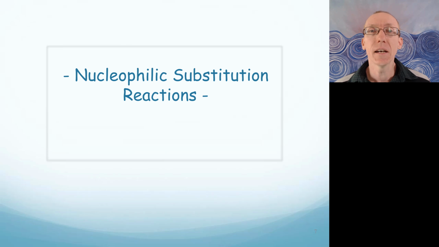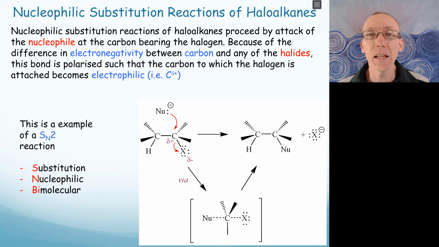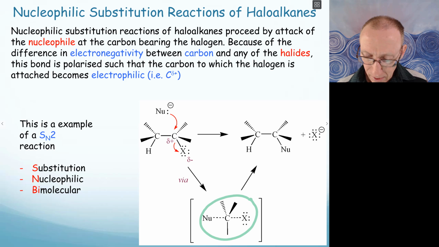All right, let's look in a little bit of detail at nucleophilic substitution reactions. So we're normally talking about haloalkanes in nucleophilic substitution reactions, particularly the alkyl bromides and iodides, and to a lesser extent the alkyl chlorides. Alkyl fluorides are normally not very reactive because the carbon-fluorine bond is so strong. So here we've got an example of what we call an SN2 reaction, where a nucleophile attacks a carbon atom, displaces a halide leaving group,